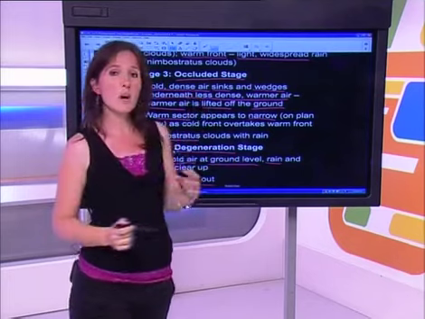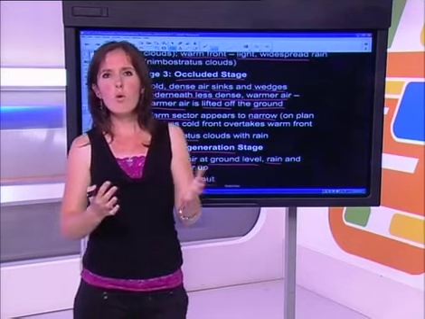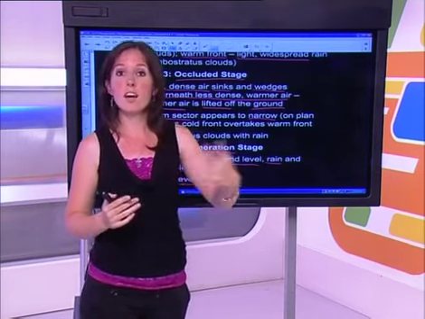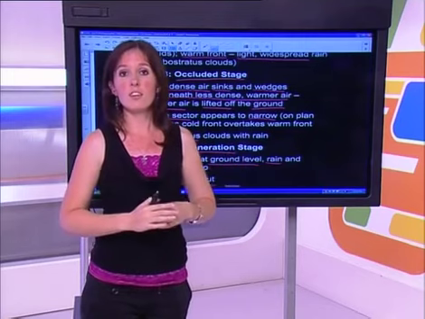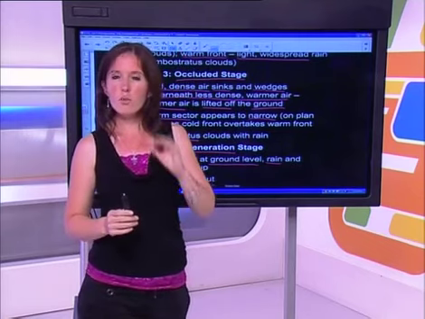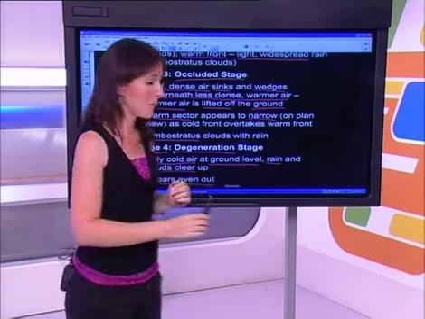Those stages are quite important to know the characteristics of, not necessarily for an essay question or anything like that, but they will usually give you a diagram, and they'll ask you to identify the particular stage with which that diagram goes. Now that we've looked at the actual notes, I just want to show you a couple more diagrams so that you see what I'm actually talking about.